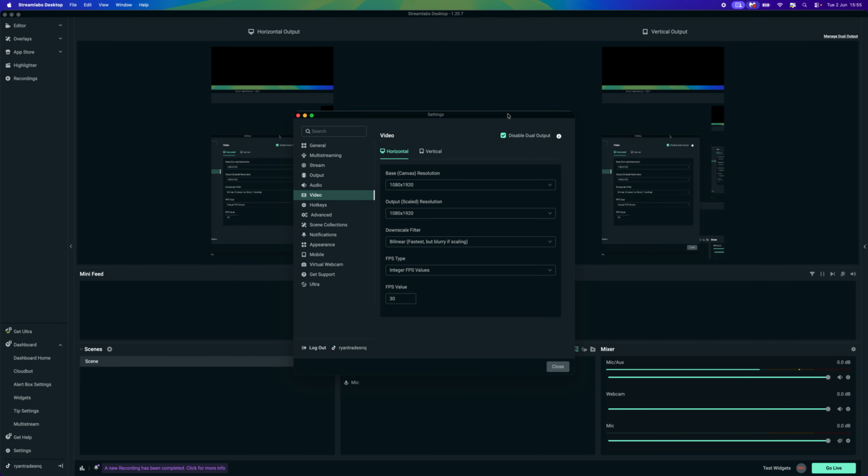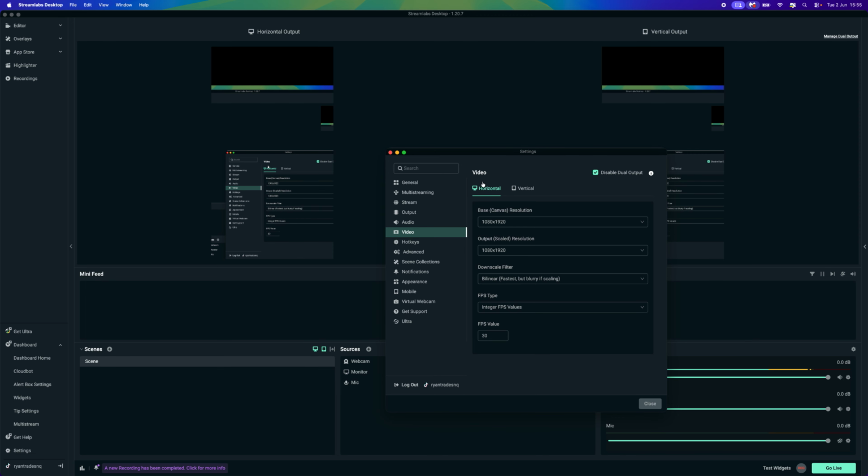Once you do this, as you can see, it will then change, and if you want to, you can select the vertical and horizontal one. So if you want to stream to Twitch or YouTube, you can do that, and you can also stream to Instagram or TikTok at the same time. Now you need to make sure that you are logged in to both of those different platforms to be able to stream to them, but that's essentially how you enable it right here, and you can change the settings within